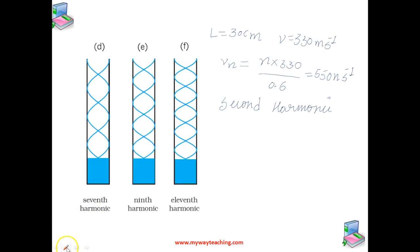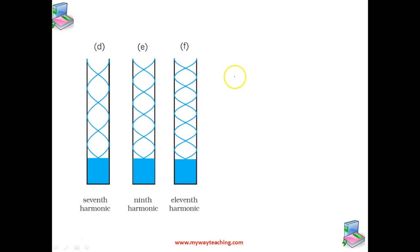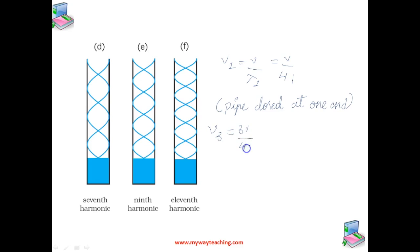Now, as they have asked in the question, if one of the ends is closed, in that case we'll get an equation for one end closed, that is v by 4L, pipe closed at one end. And only the odd numbered harmonics are present. That is v3 is equal to 3v by 4L, v5 is equal to 5v by 4L, and so on, isn't it? And in the question, for L is equal to 30 centimeter and v is equal to 330 meter